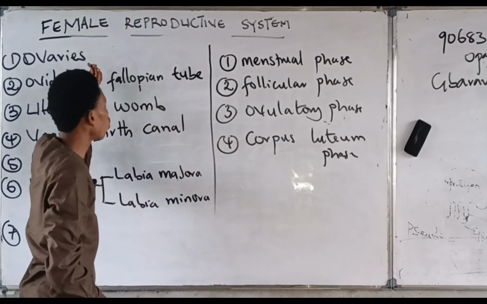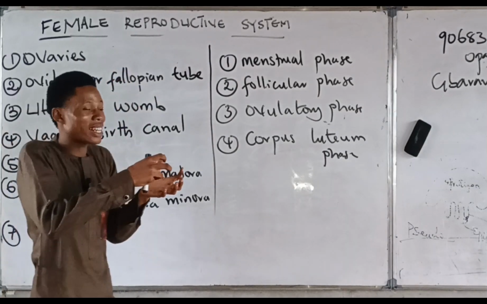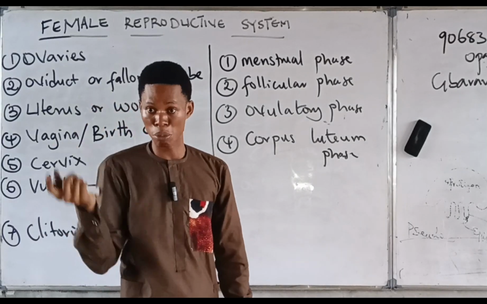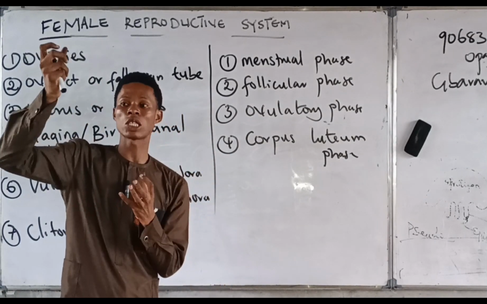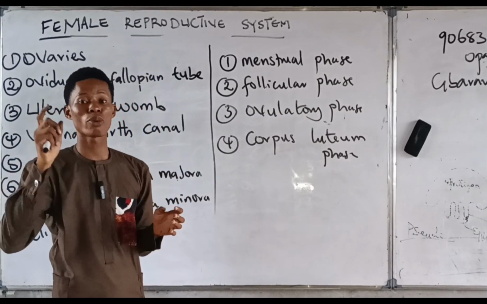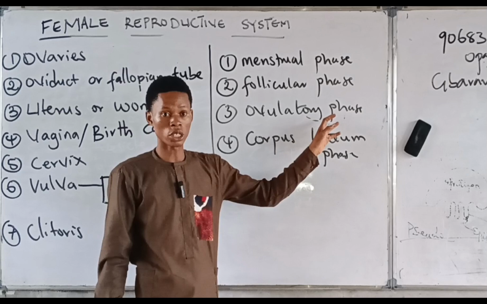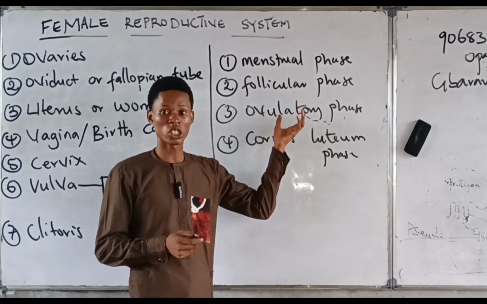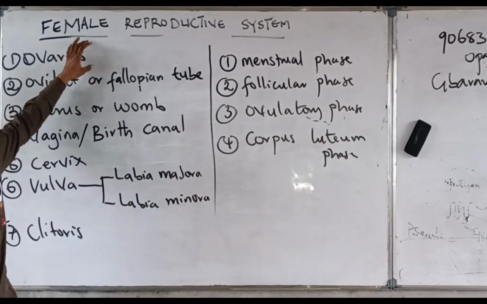Remember, the egg was found in the ovary, right? So this is taking place in the ovary. The mature egg will be released, and 1 egg is released in a month, right? Now, the egg is released from the follicle. That process whereby the egg is released from the follicle is what? That is ovulation, right? That's the ovulatory phase. Now, as the egg